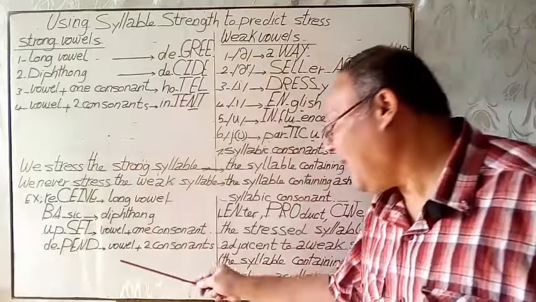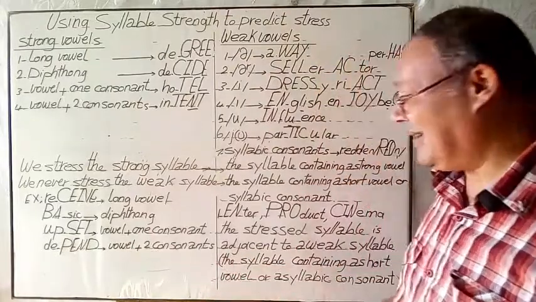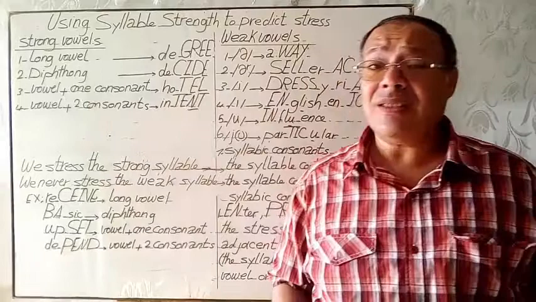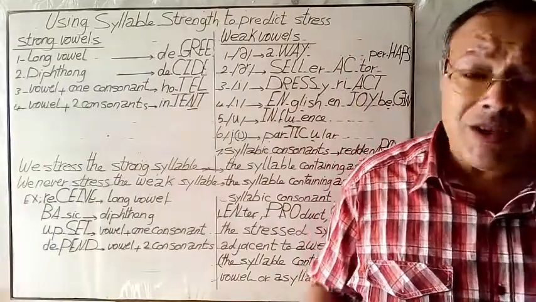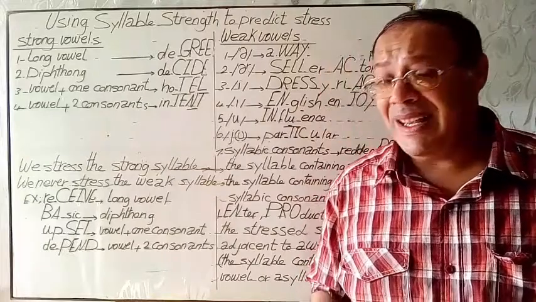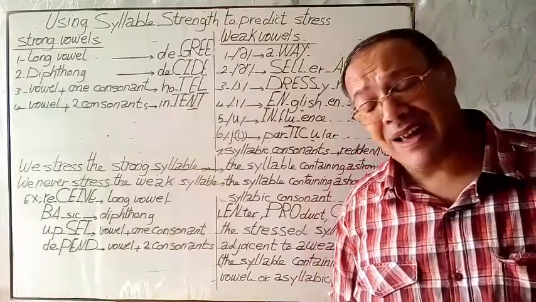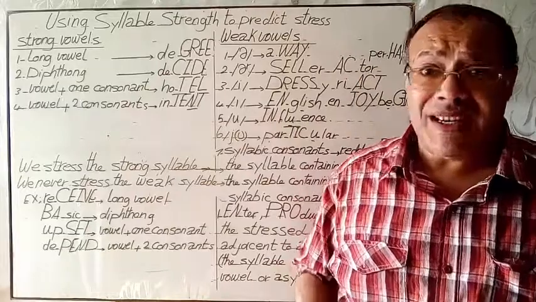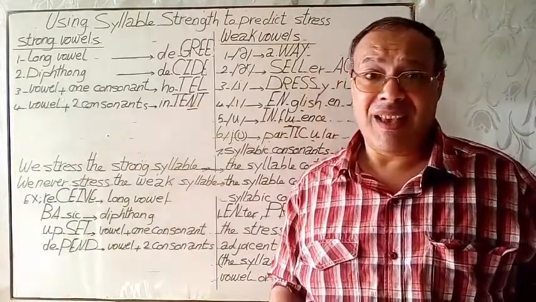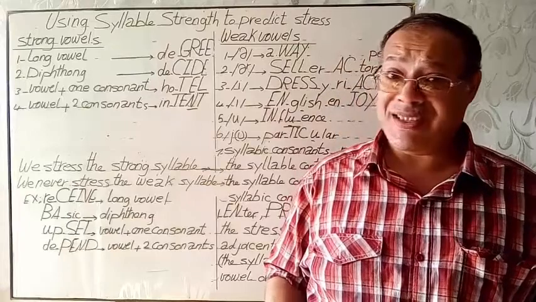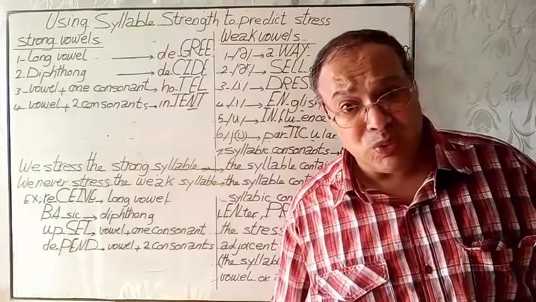Depend, vowel plus 2 consonants. Here it's not only limited to 2-syllable words, it can safely be applied to 3-syllable words. For example, represent. Here, sent is stressed because it has 2